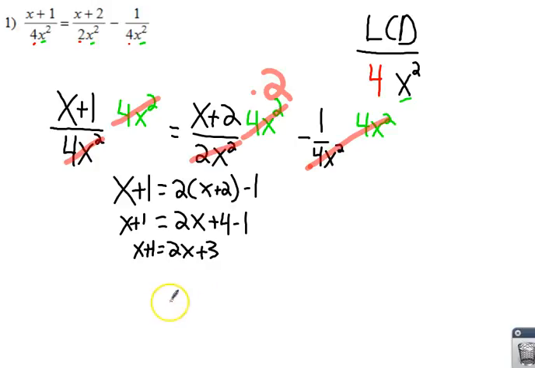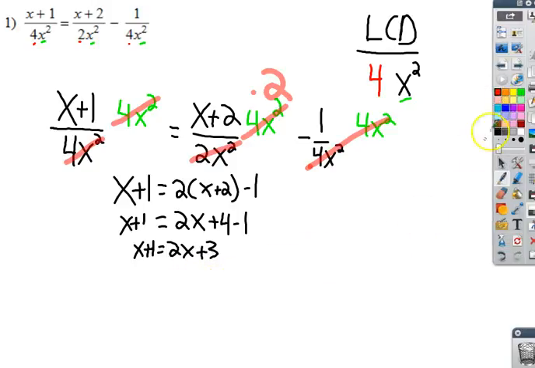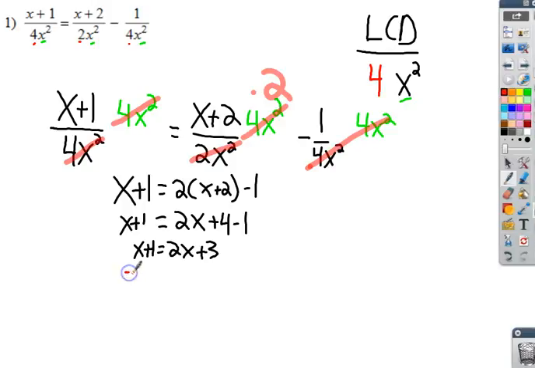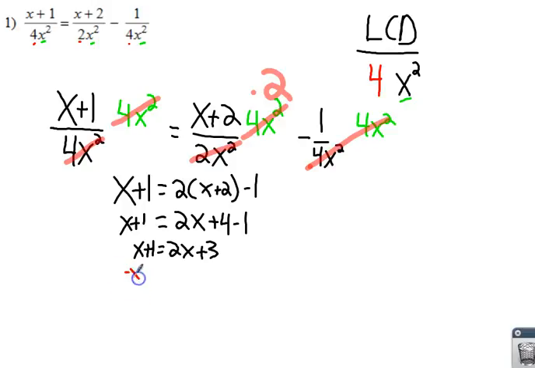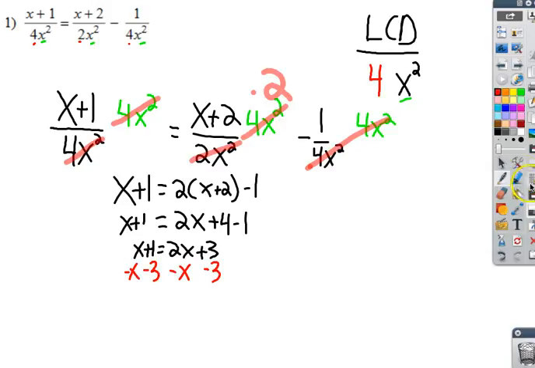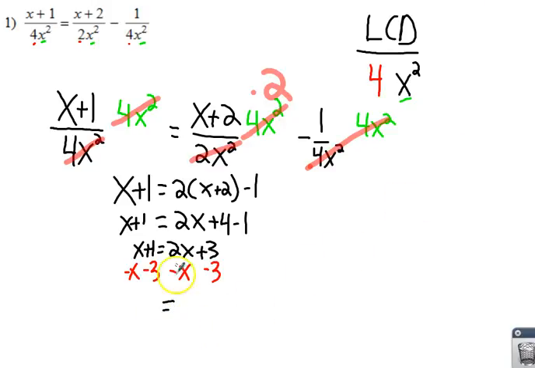Now, you look at this problem when you're all said and done, in terms of combining things together. And I go, alright, well, I have just an x. That means I isolate just the x. I'm going to do the following. I'm going to bring the x's over to the left, or the right. I'm going to go to the right this time. Why not? And I'm going to subtract 3 from both sides. That's going to leave me with 2x minus x. X, 1 minus 3,